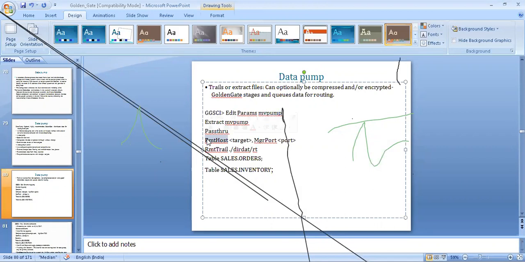So in the data pump, how will you identify whether this is a data pump parameter file or a normal extract process? You can understand through RMTHOST. RMTHOST means remote host. So here we give the target database name or the manager port of the target database, not the source. We need to specify the manager port of the target database. Okay. Then RMTTRAIL file means